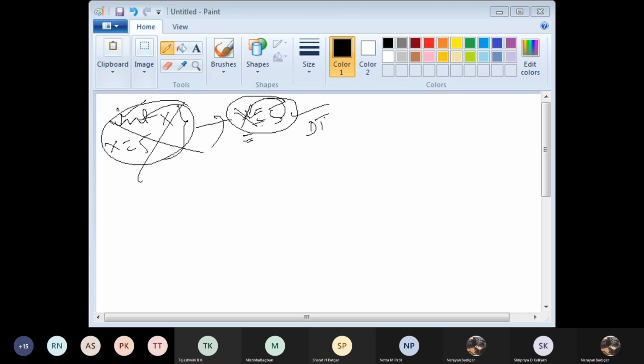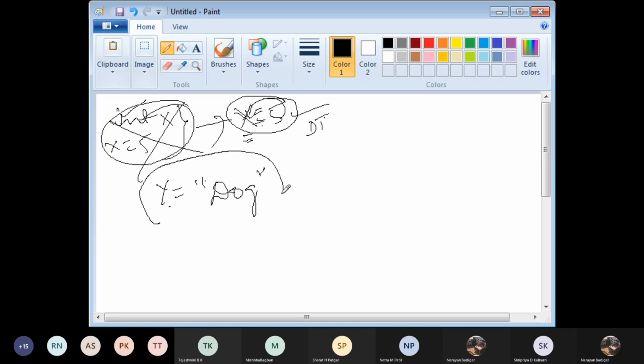Similarly, just as I wrote x equal to 5, it even works with a string: y equal to dog. No need to declare string y, then y equal to a value. I just assign a value to a variable. If I execute this statement, two to three things will happen.